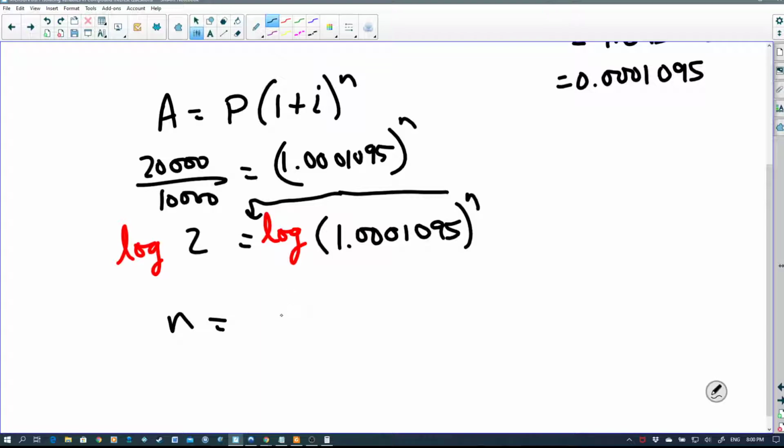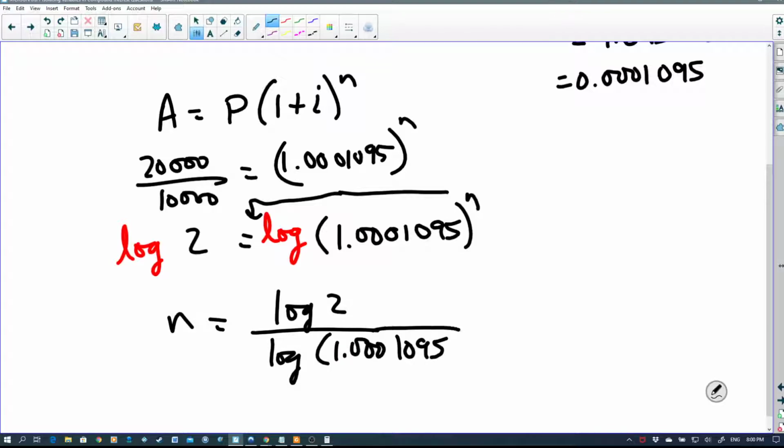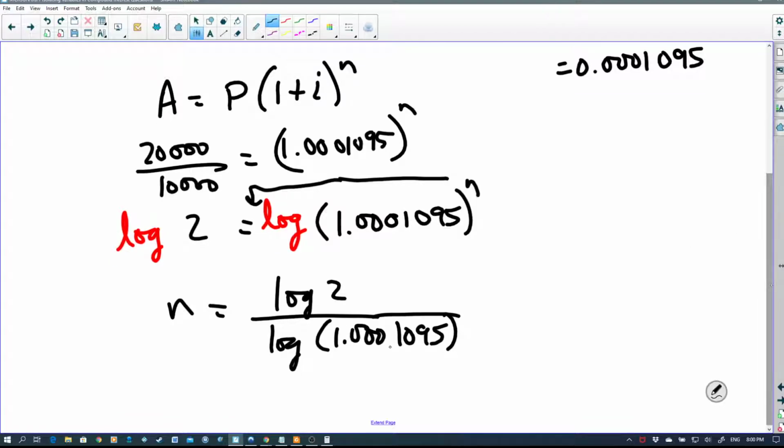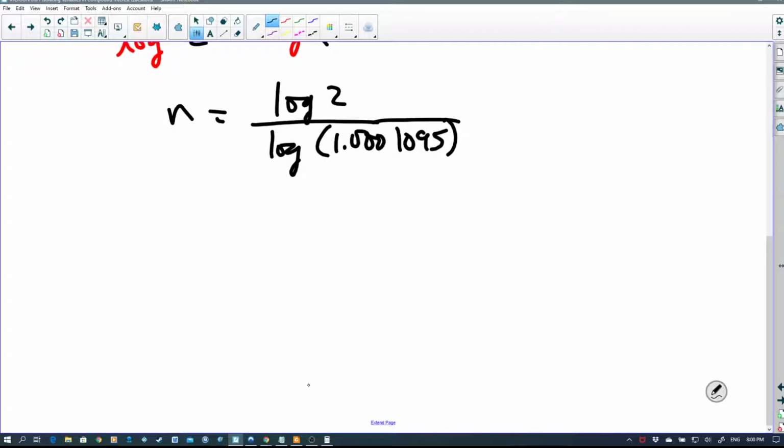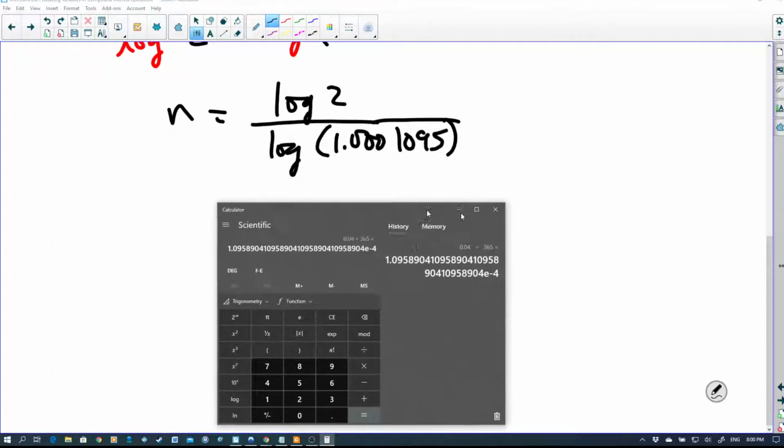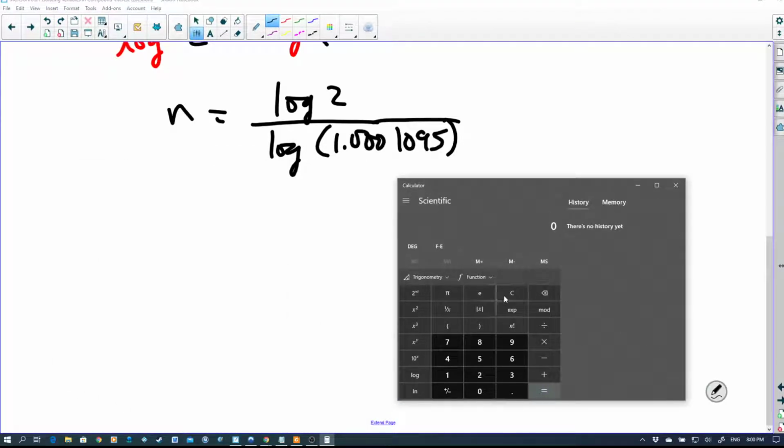So we can directly isolate n by dividing all of that, like so. And let's see what we get on our calculator. So log 2, so on this calculator I have to press 2 first and then log, divided by 1.0001095 log equals,